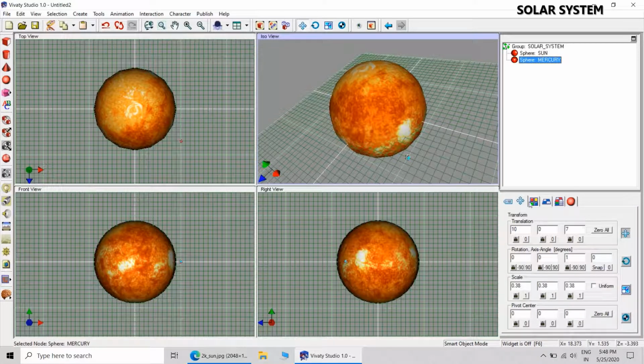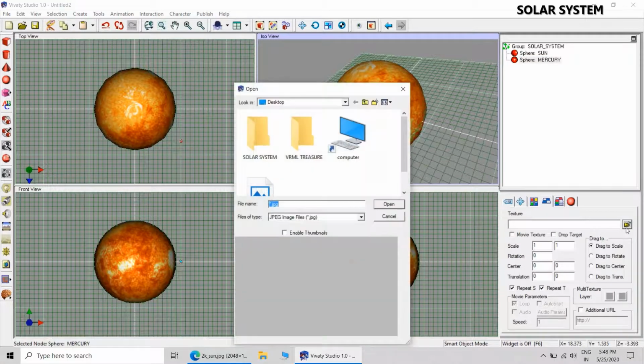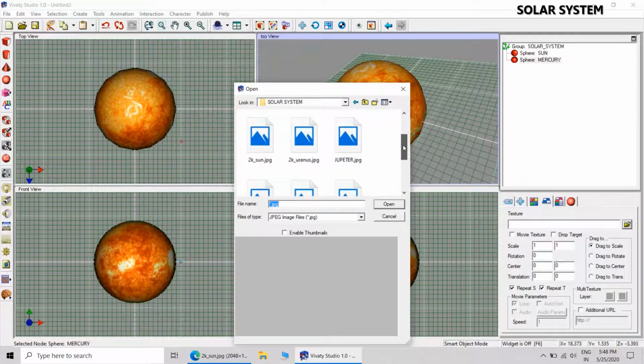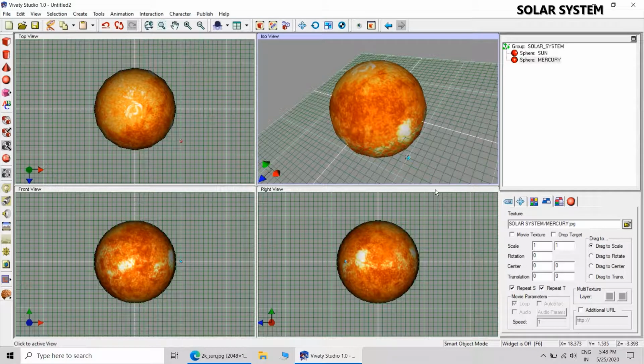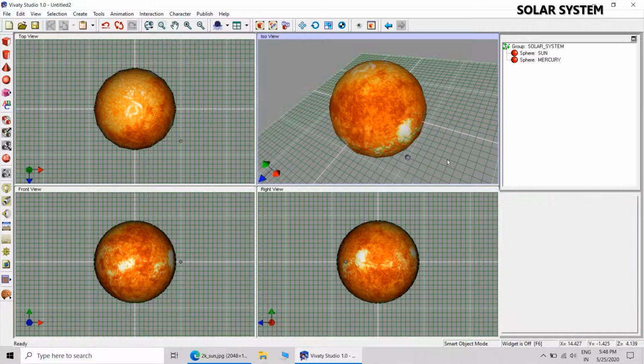So it is close to the sun, and let us apply the texture of Mercury. Yeah, here it is. So texture of Mercury has been applied, so that completes the creation of Mercury.